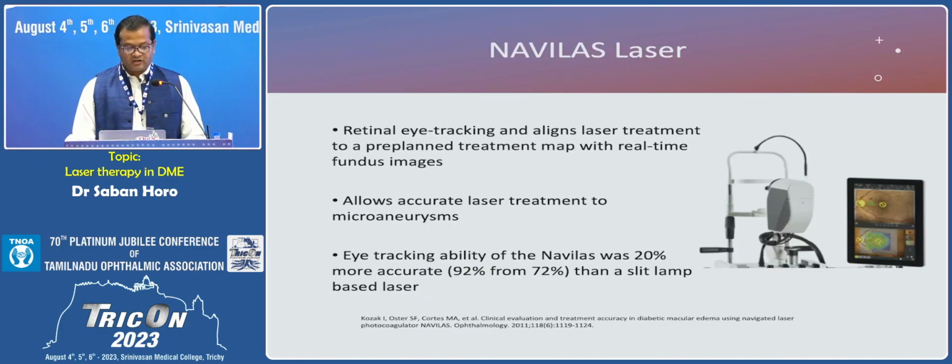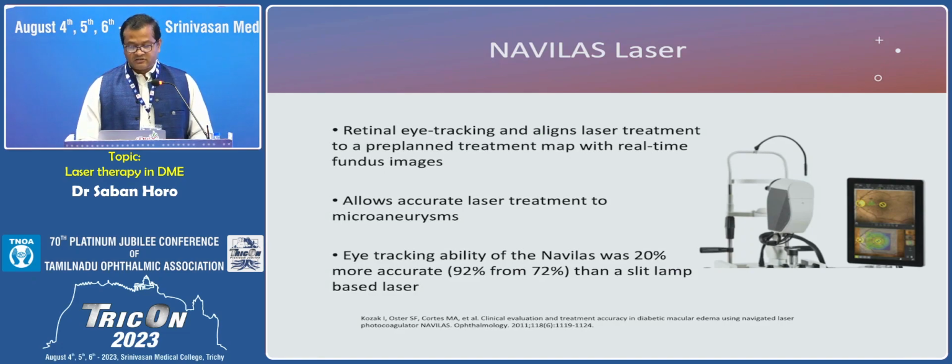We have something called the navigated laser system, which very few centers do, where there is retinal eye tracking, which aligns the laser treatment to a pre-planned treatment map. It allows accurate laser treatment to the microaneurysms. One of the studies showed that the eye tracking ability of the Navilas was 20% more accurate than the slit lamp